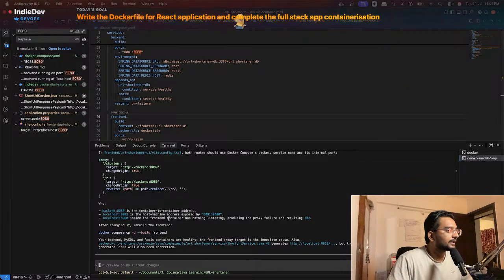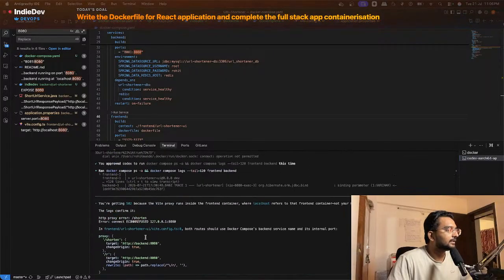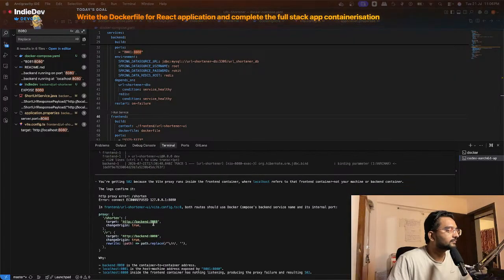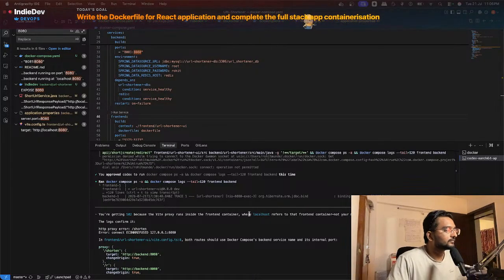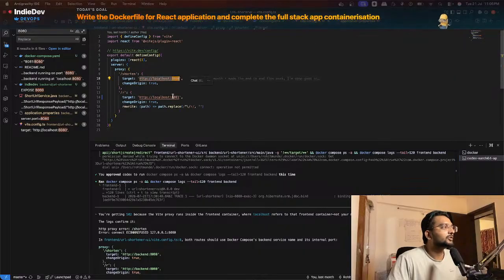So inside the front end container there is nothing listening, producing the proxy failure resulting in 502. After changing it, rebuild. It's saying nothing needs to change here. This should be 8080 and this should be